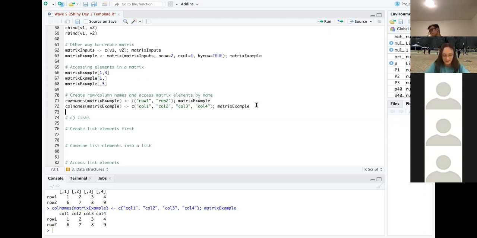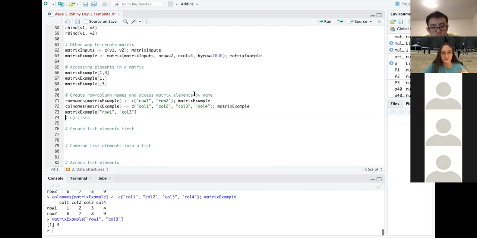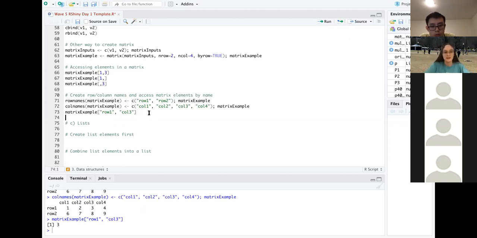And so we can access these things using the row and column names. If we say row 1, comma, col 3, that's the same thing as the 1, 3 that we had earlier. It's just the row named row 1 and the column named col 3, which corresponds in this case to the first row and the third column.